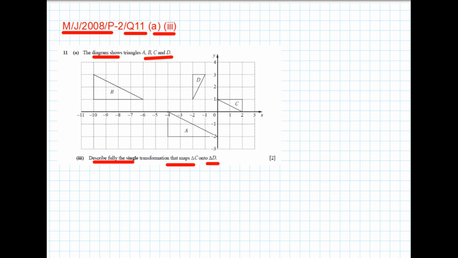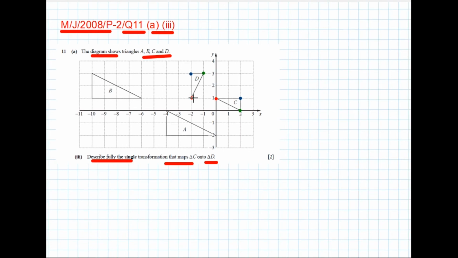First, we mark the corresponding vertices of triangle C and triangle D with red, blue and green dots as shown. Then we try to find the corresponding vertices whose distance can be divided into two equal parts, so that we can draw the perpendicular bisector between them easily. Here the red vertices can be divided easily. So we draw the perpendicular bisector.